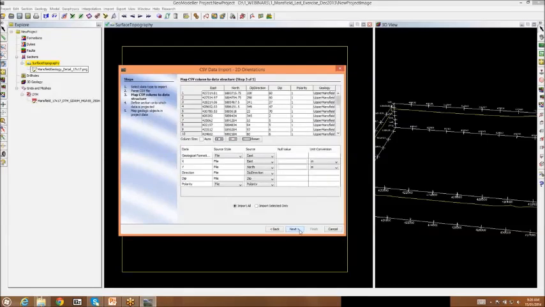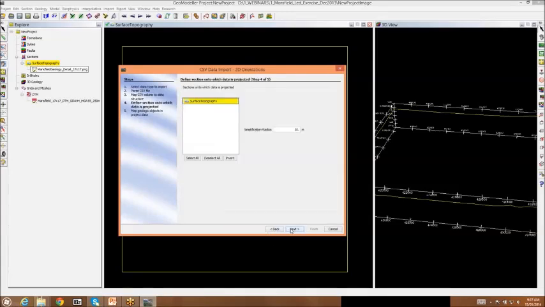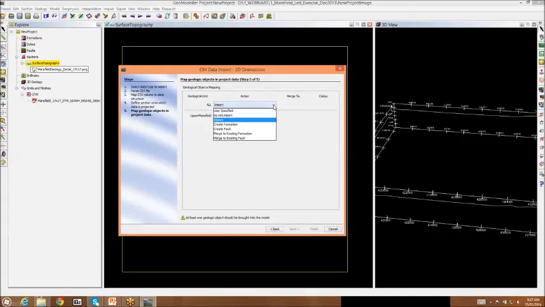I'm going to go fairly quickly through these wizards because they can be time consuming, but the idea is to check that each label is mapping correctly with the columns. So I'm just going to proceed, and the idea here is if you had a very high intensity of data, you may choose to have an averaging effect on importation of the data, but we're just going to proceed here to import the data. The idea here is that we haven't already set up a formation, but I'm going to do that right now,